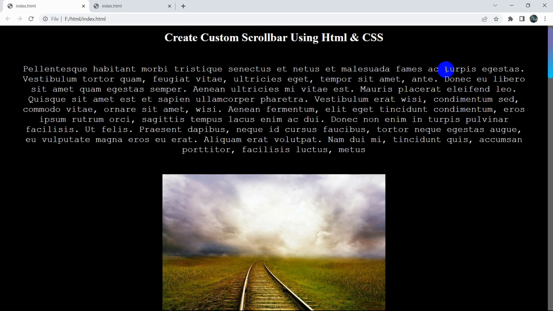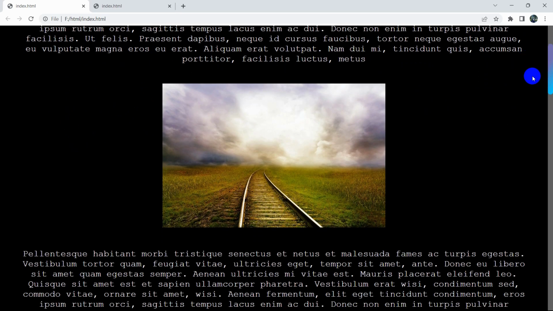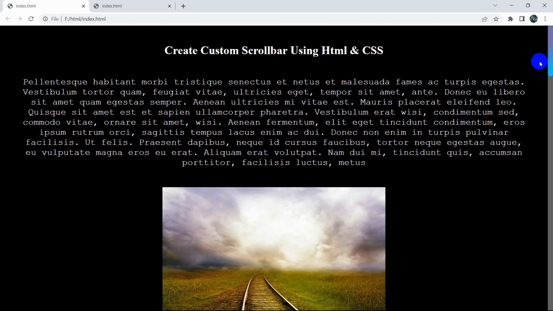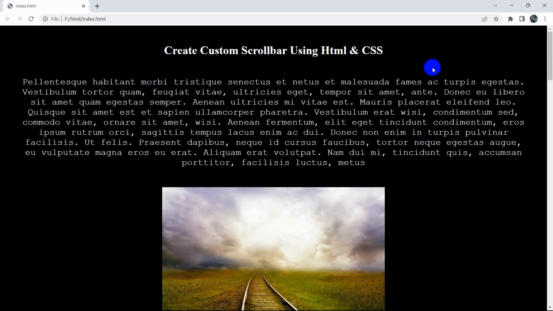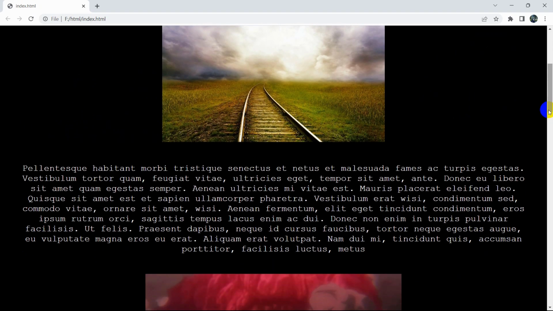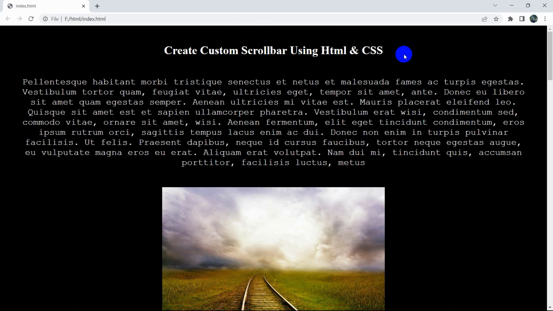custom scrollbar using HTML and CSS. So in order to create a scrollbar like this, you only need to write 4 lines of code. So this is actually really simple. So let me just close this. So in Google Chrome, we normally see a scrollbar like this. So I'm going to show you everything step by step how you can change the scrollbar design using HTML and